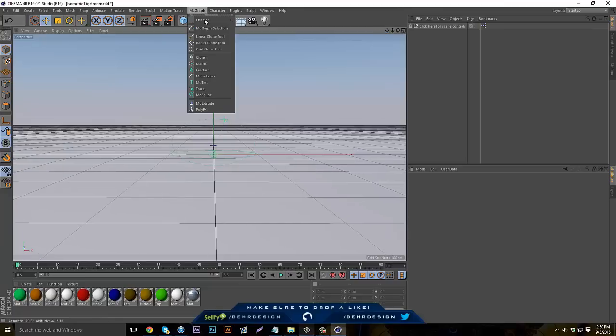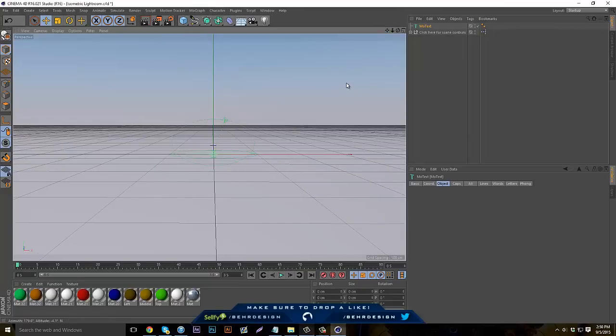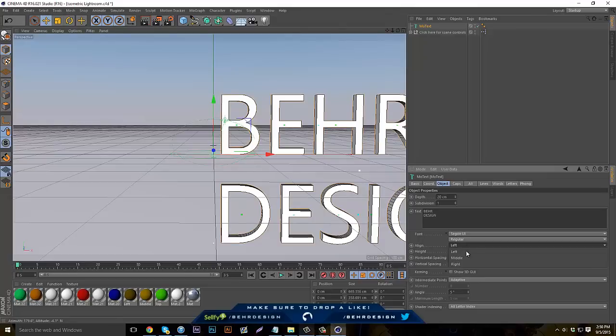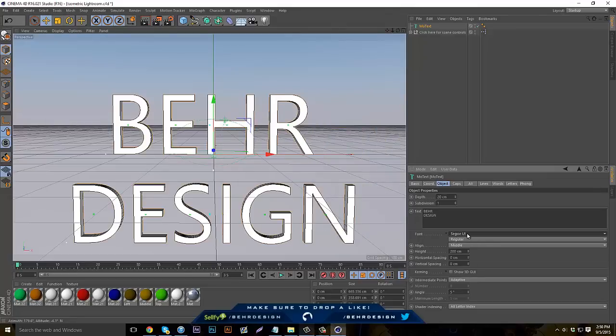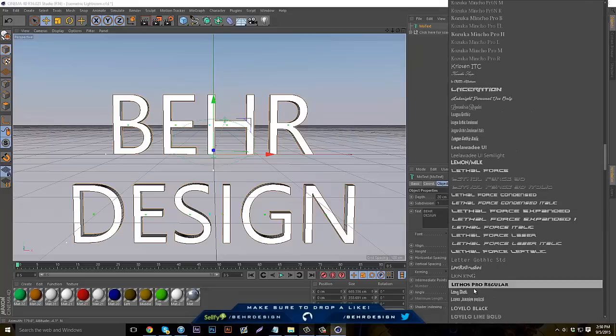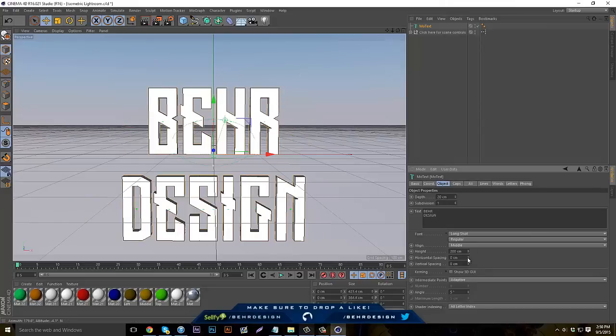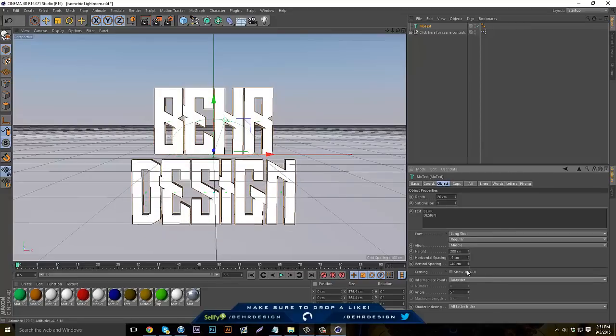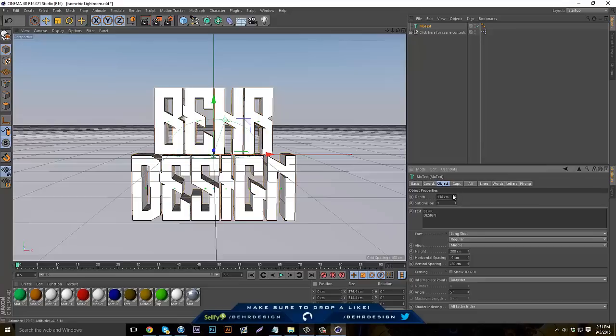So what we're going to do now is go to MoGraph, MoText, and you guys are going to create either 1 word or 2 words. I'm going to put 2 words because it kind of looks a little cleaner than just 1 word. I'm going to put BehrDesign all in capitals. So now that you have that, you're going to go to align and put it in the middle, and then go to your fonts, and you guys are going to be using a font called Longshot. It's actually kind of an overused font now, but it's still a really clean font to use, and I personally like it a lot. So you're just going to do that, and then you're going to drag in the horizontal spacing like this, and then the vertical spacing, and just drag out the depth pretty far, like about